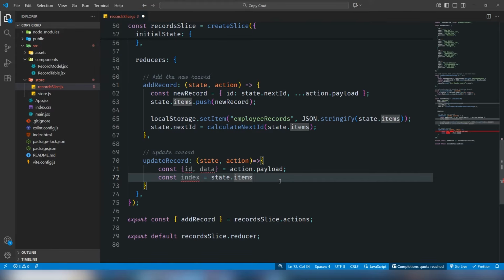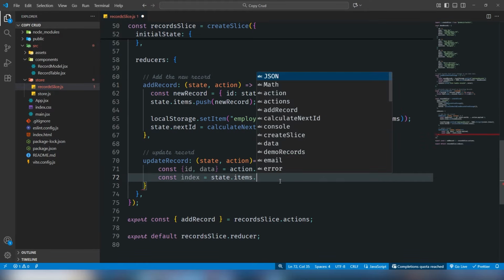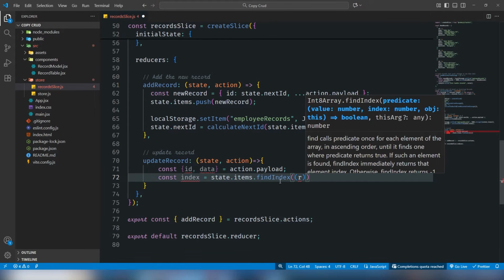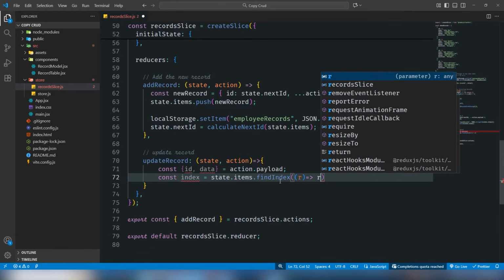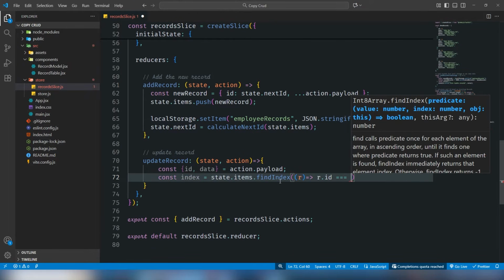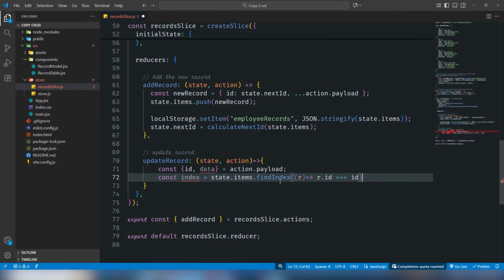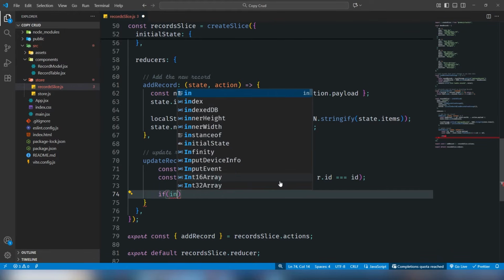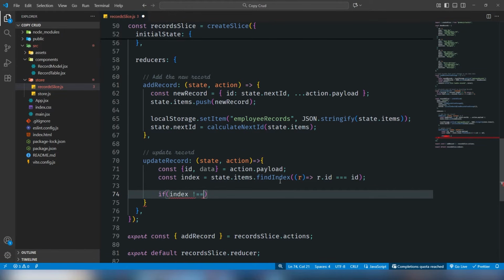Right, items.findIndex where r.id is matched with our id. Okay, if index is not equal to -1,